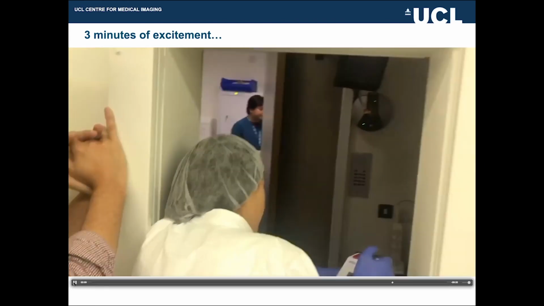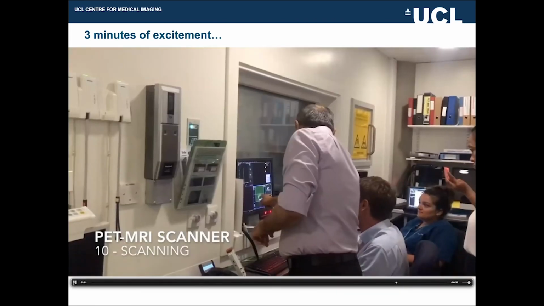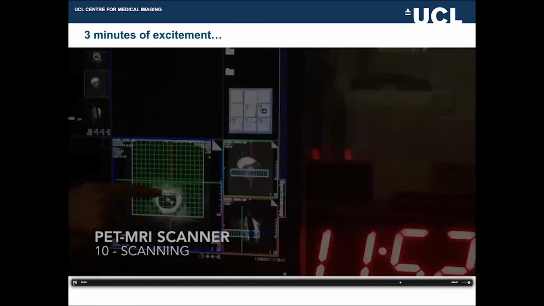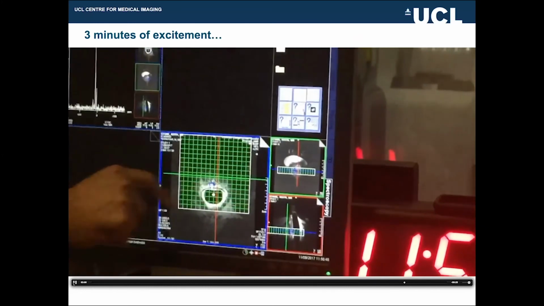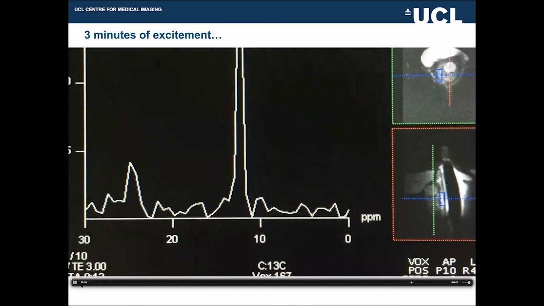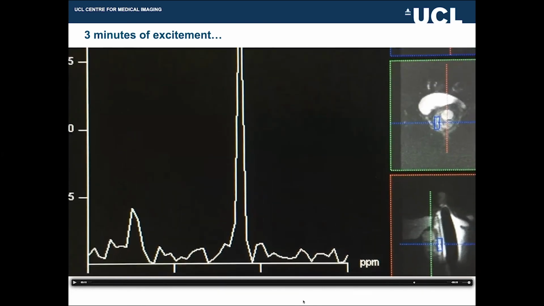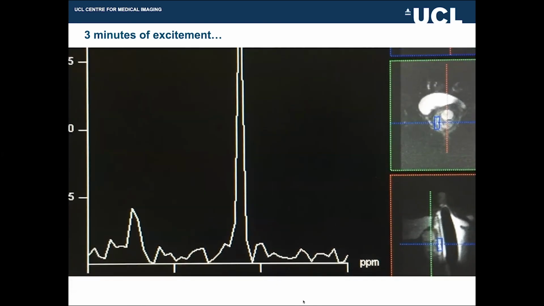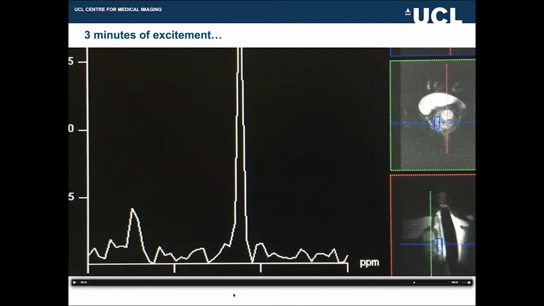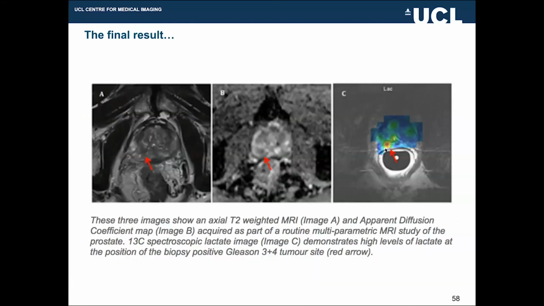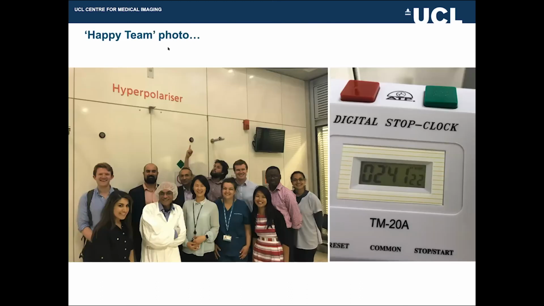Okay, and then you get your scan done fairly rapidly. You can see where the prostate is, and you can see that there is a signal here, which is your peak of lactate. And that's kind of what you've done for the last 2.5 to 3 years in order to get a patient scan. Now you can convert that into an image, because we want images, and you can see that essentially turns out to be a red blob. Proof of concept that it works. Everyone is really happy, team photo,